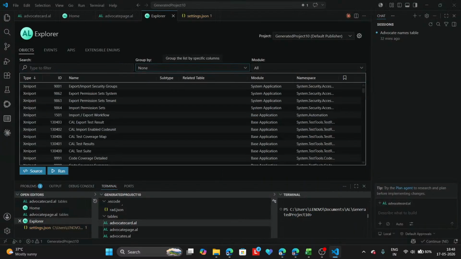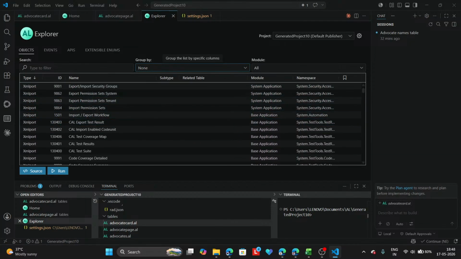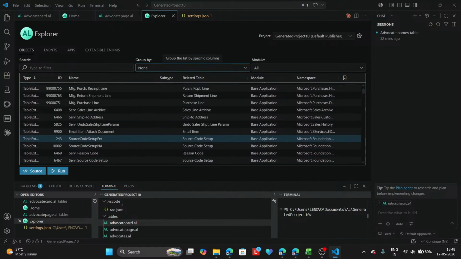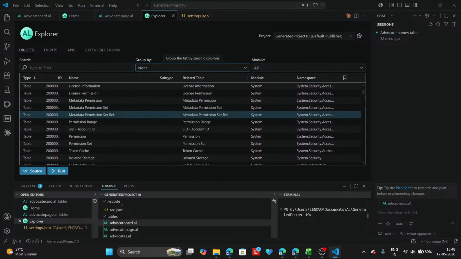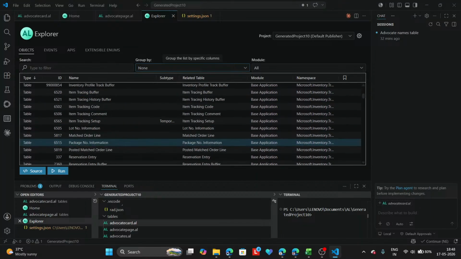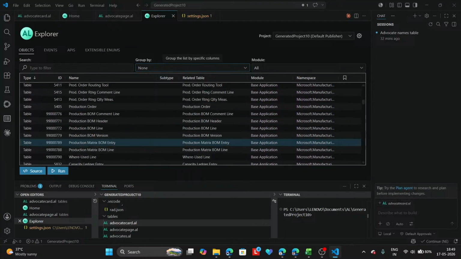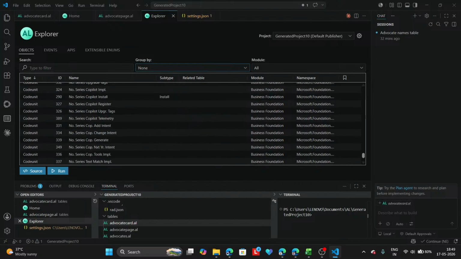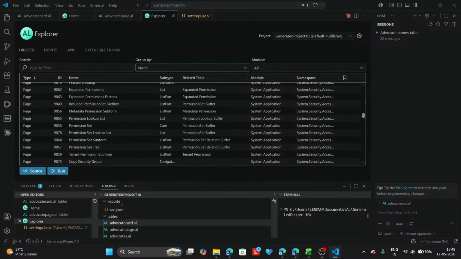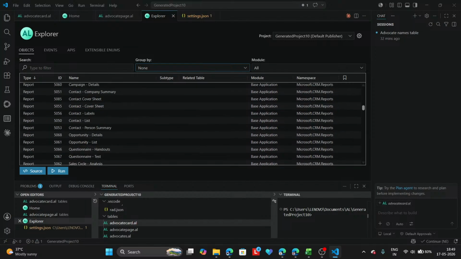So you click here. So these are XML ports. So what type of extensions do you get mostly? What happens is you get XML ports, you get table extensions, you get tables. By the way, if you're creating a new table, then you don't need to create a table extension, but these are many of our tables. And after tables there are reports, then there are report extensions. This is not shown here, but then there is a report, then there is a